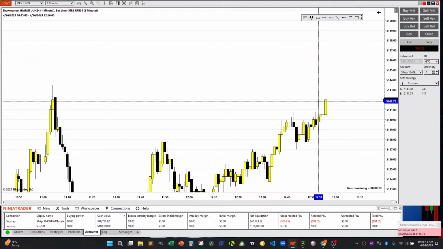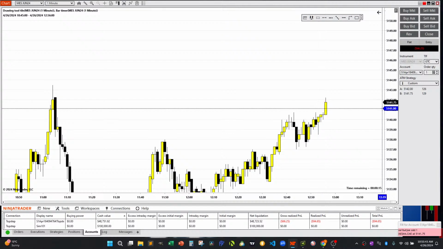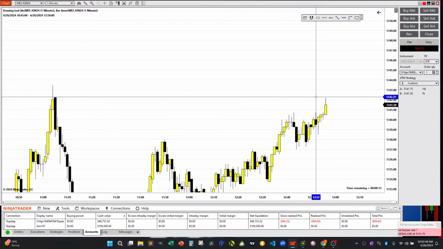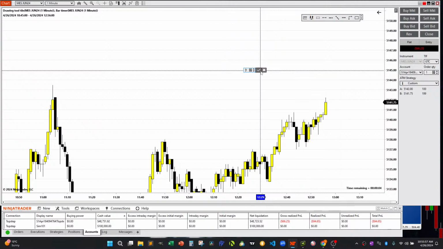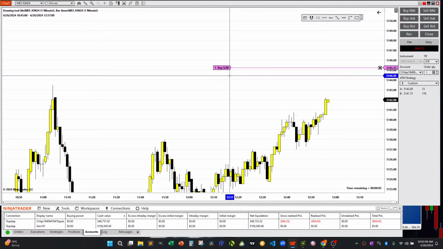Then we'll wait for this candle to finish. We may end up taking another long position. Do that with a limit order though. Get that order submitted, and once the candle finishes,